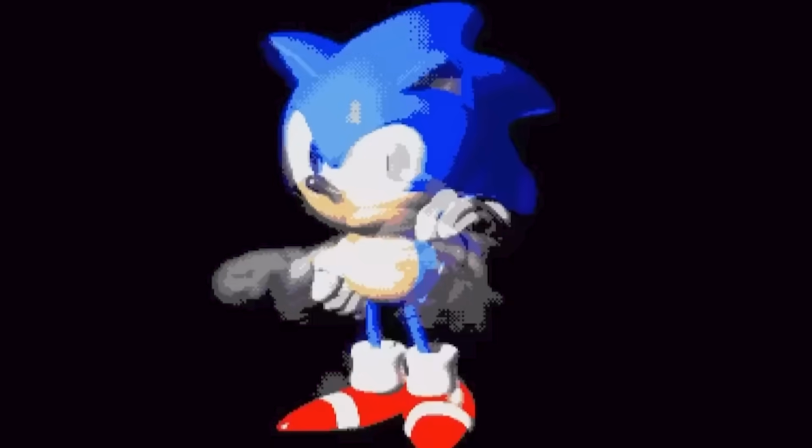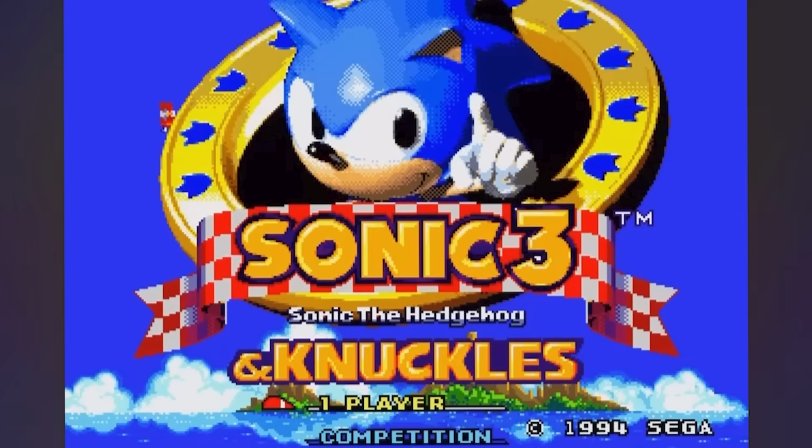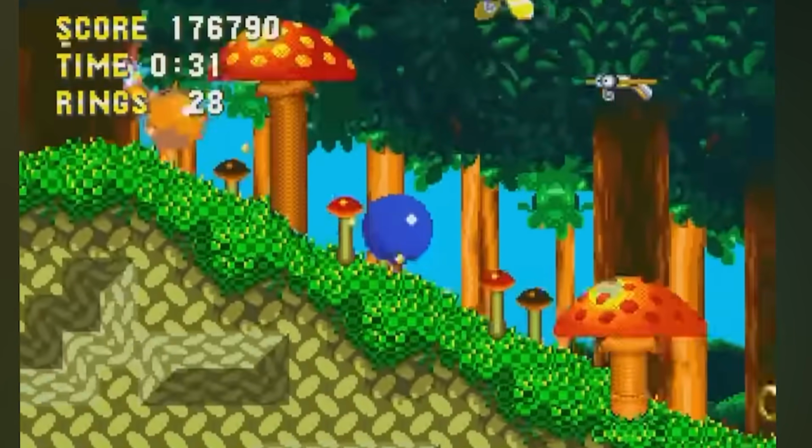Alright, Sonic the Hedgehog 3 and Knuckles. As you may have guessed, this game introduced Knuckles, and it came out in 1994 after combining the content of Sonic 3 and Sonic and Knuckles. We'll be building Mushroom Hill Zone, which is actually the first zone in the games where Knuckles is a playable